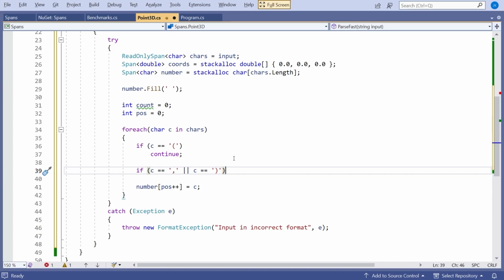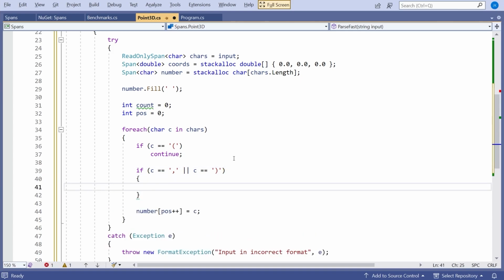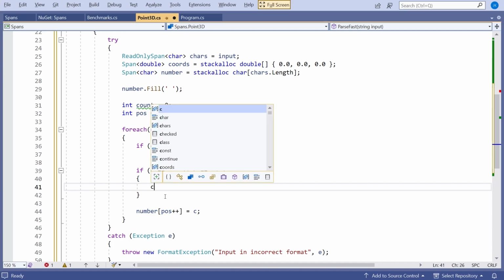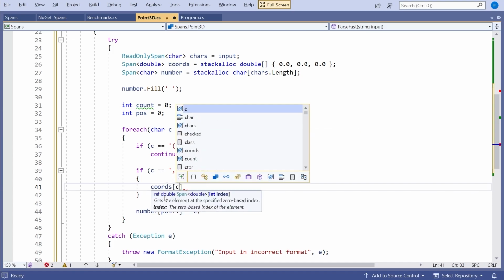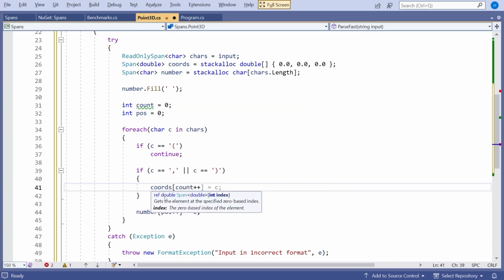So either of those circumstances mean that we're either moving on to the next number or we've finished the last number. So what we then need to do is take the contents of the number as it is and actually turn that into a number. So we need to say coords, remember that's our span of doubles, and then that's, remember, what count is there for. So we're going to say count plus plus, so it'll put it into 0 and then moves on to 1, or put it into 1 and then moves on to 2.